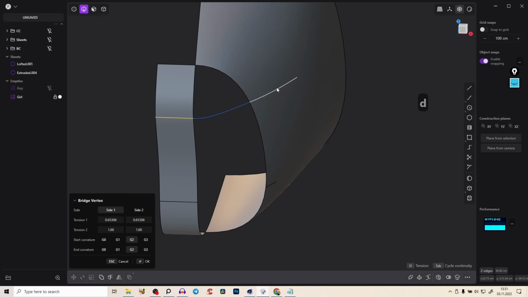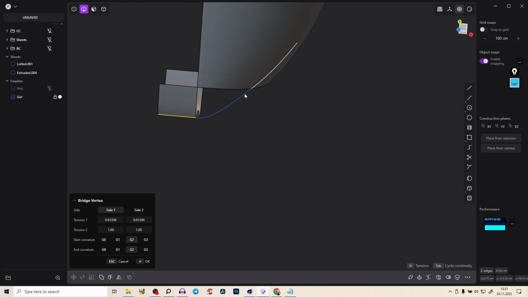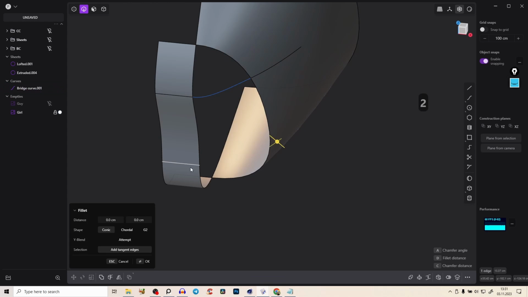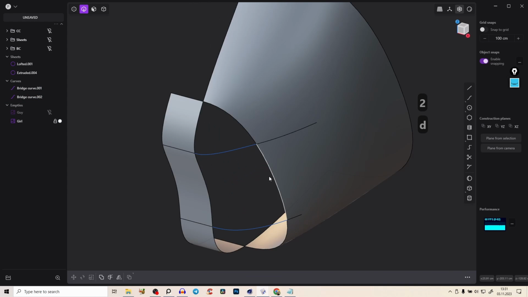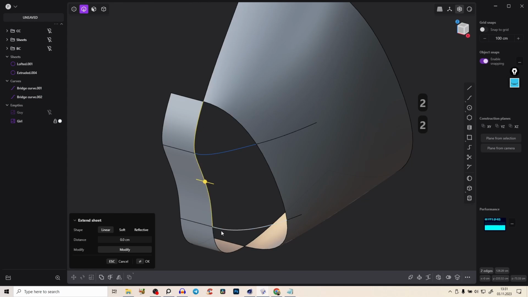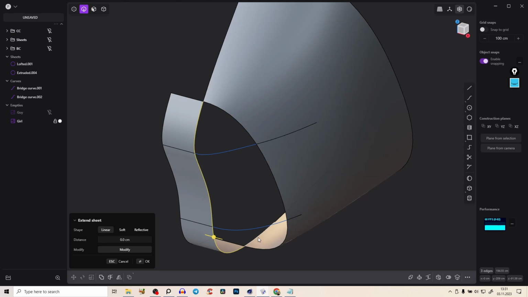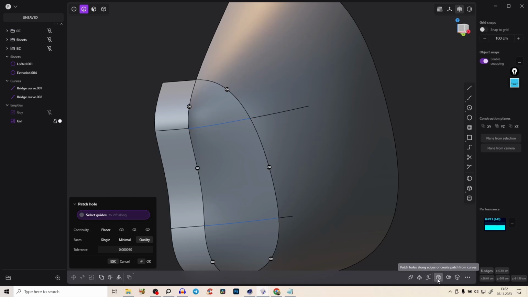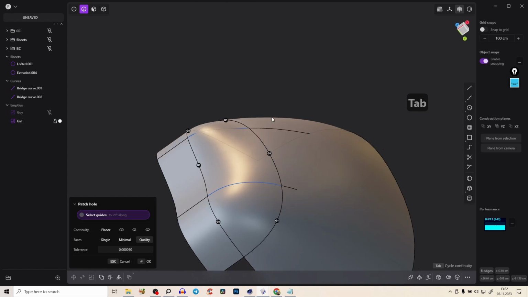So press D to make the tension a little bit smaller. So we have a nice curvature, and do the same here. Bam, Shift B or bridge edge, and also adjust here a little bit the tension, because now guys, magic. If we now select all of those edges here and patch it and press tab, you see we get what